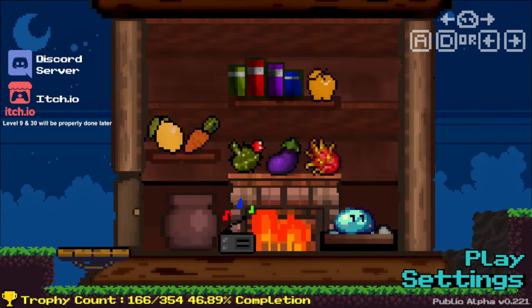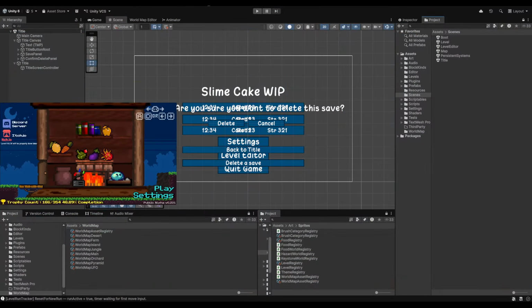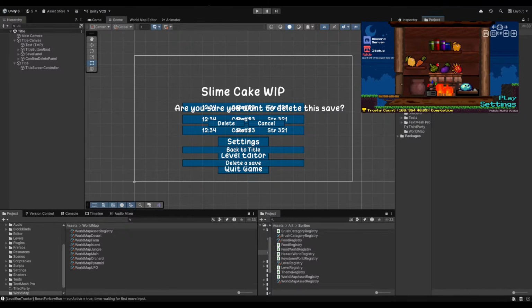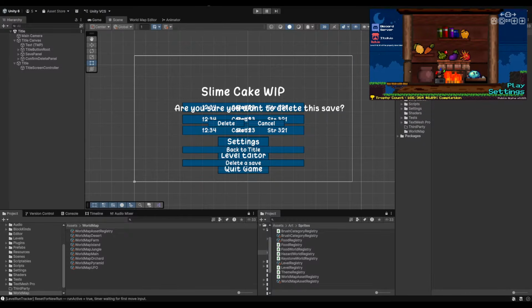Oh, it's already up. Wait, how is it already up? Is it this? No, this? Ah, it's that. Okay. Let's bring this window capture all the way down here. Let me make sure I didn't get a message or something. Okay. Let's make this window smaller. Can't make it smaller. Oh, there we go. And then I shall put it top right. Does that seem good? I think so. And we're chilling. Okay, that should be good.